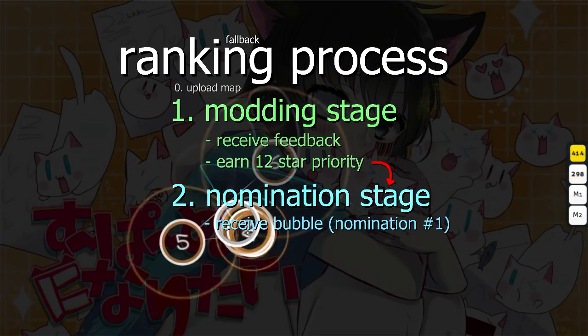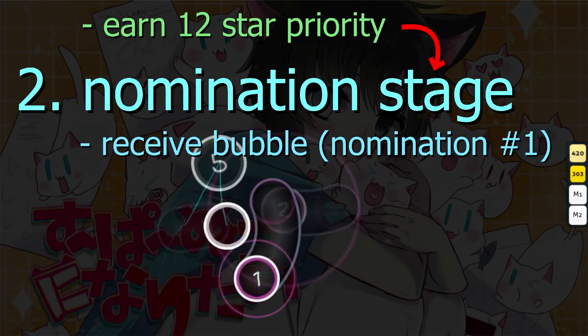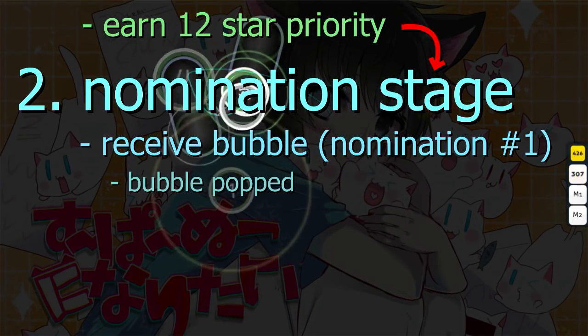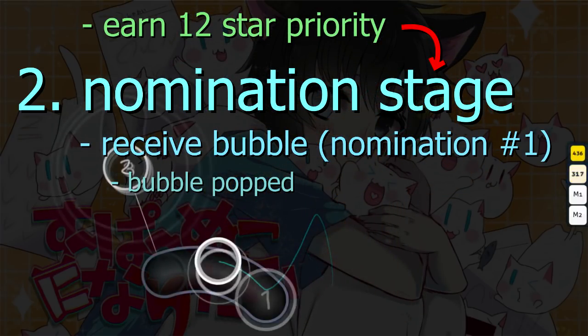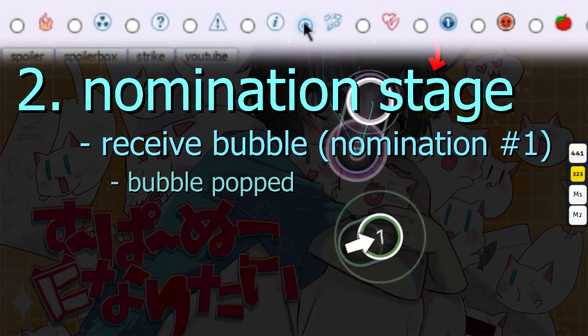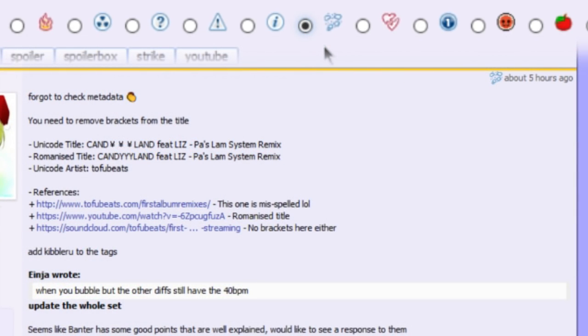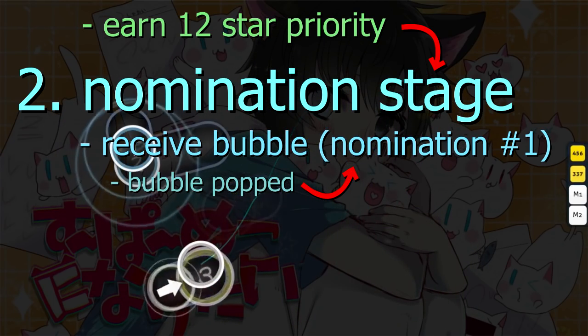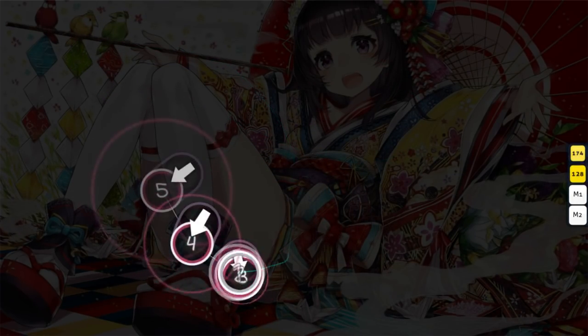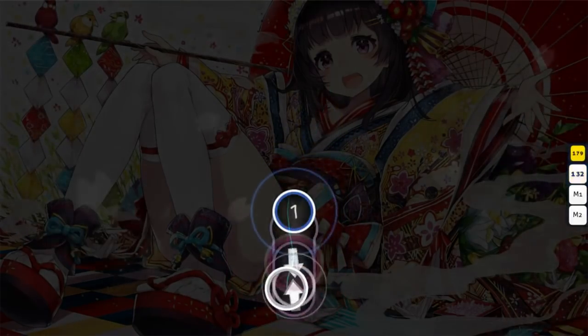There's two directions your map can go when it's bubbled. One, your map's bubble can be popped by another BN. This essentially means a different beatmap nominator believes your map is not worthy for rank and therefore revokes the nomination through the popped bubble icon. Until the content of their post is dealt with, either through fixes or some other compromise, the map temporarily is sent back a step. The other direction your map could go, which I'm sure everyone prefers, is towards qualification.